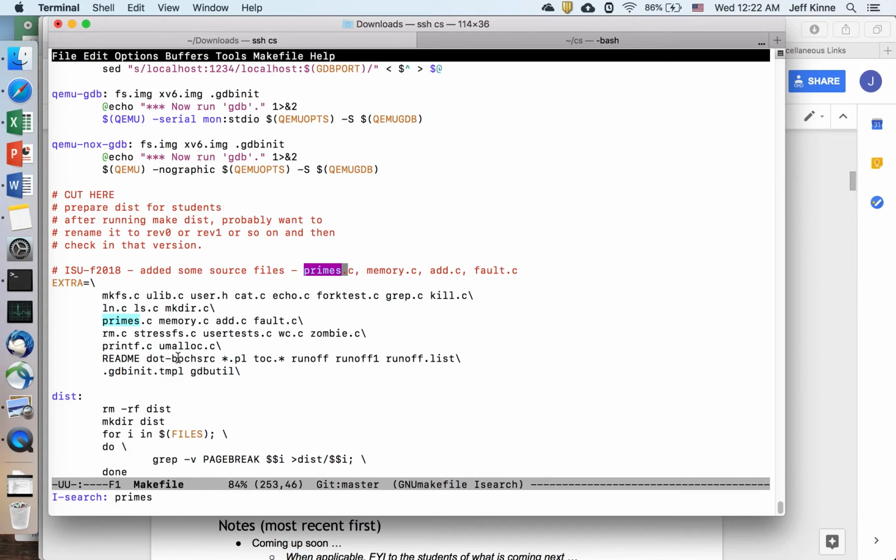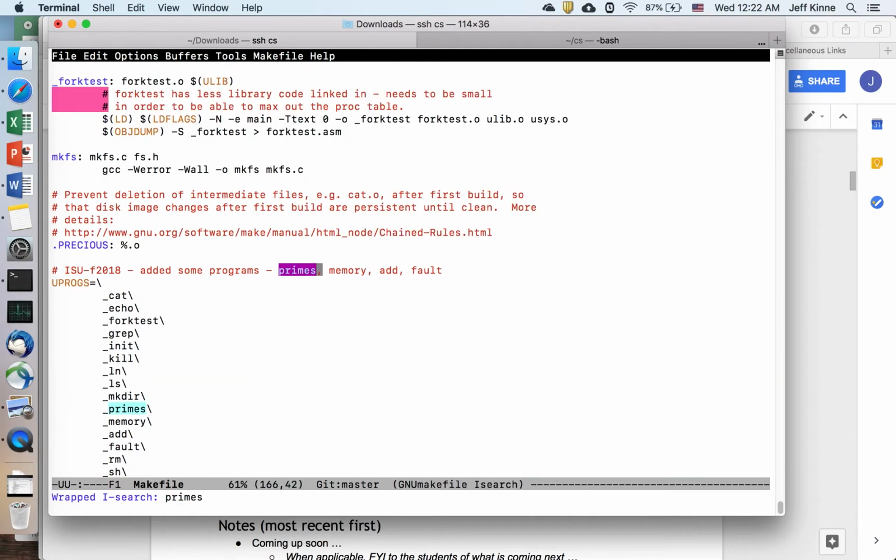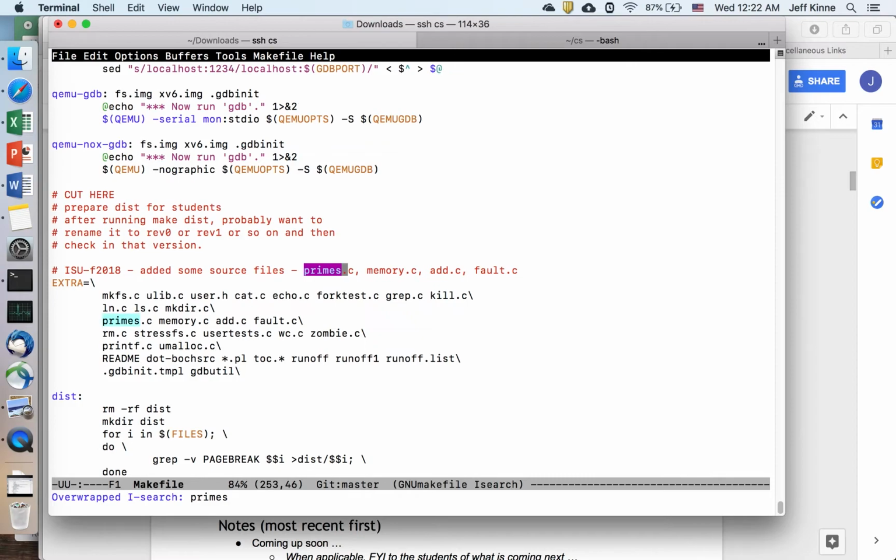Listing the .c files here, that's going to make it get compiled, primes.c, all of those, and that's it. Okay, so the makefile does the rest of the magic, so that as long as you include your program in those two places,